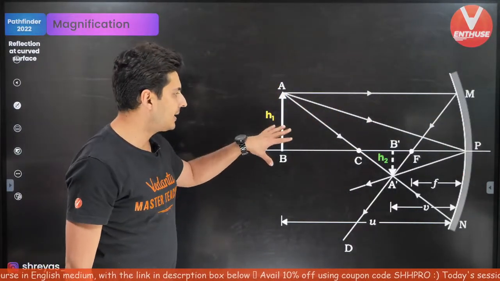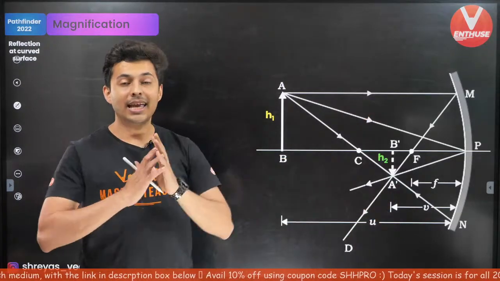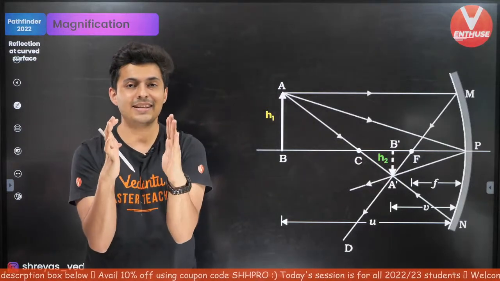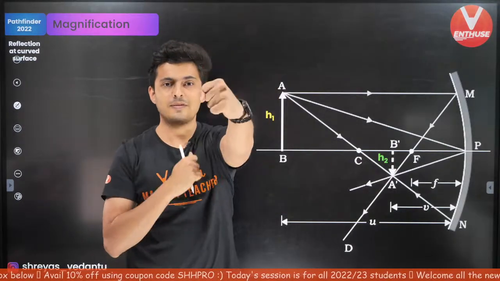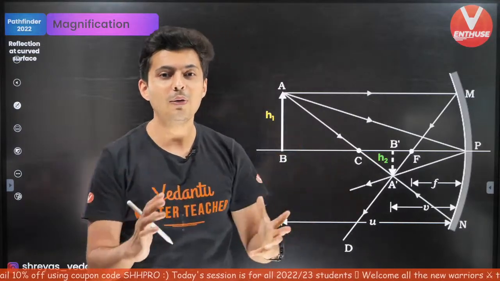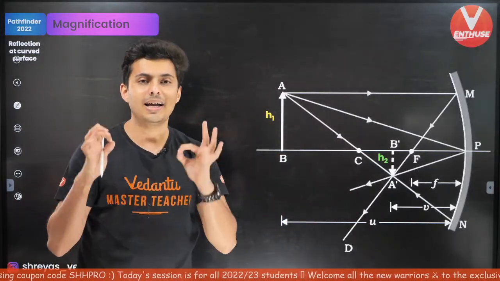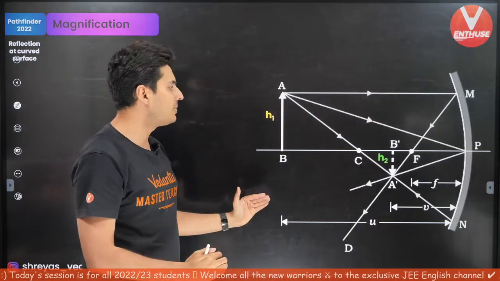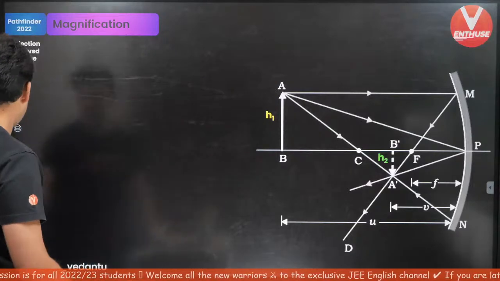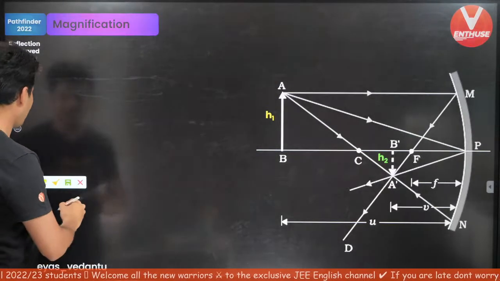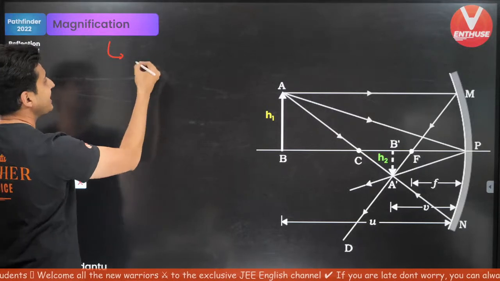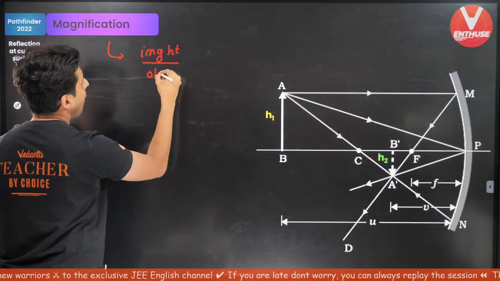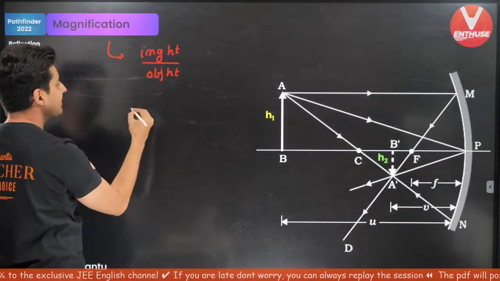When you place an object, the image which is formed can be enlarged, can be diminished, or can be of the same size. It can be erect, it can be flipped, which is inverted. All of this you will understand via the magnification formula. The image height by the object height is simply put the magnification. So what is magnification? Magnification is basically the image height divided by the object height,